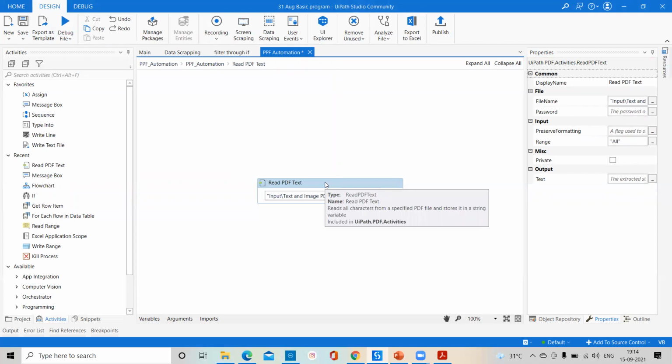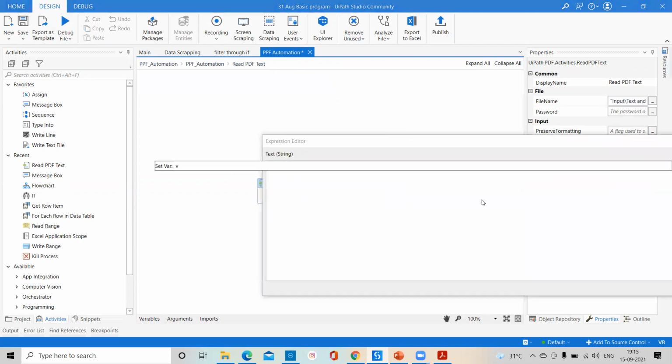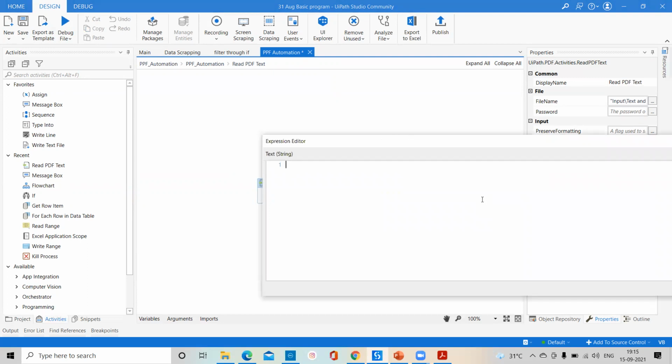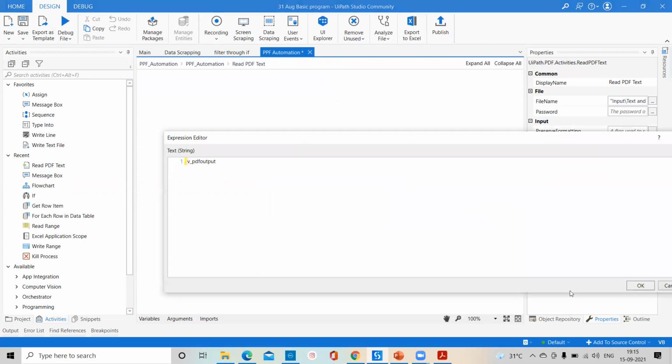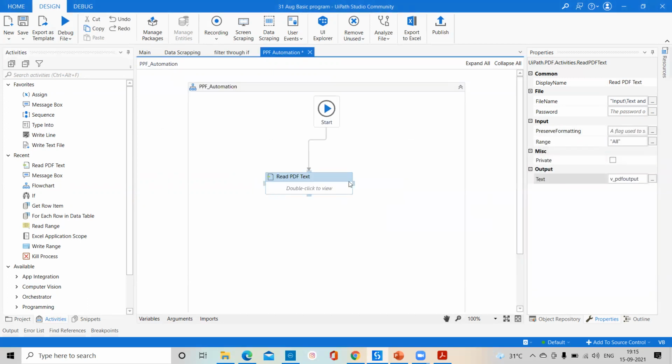Okay. So for launching that PDF, there is another activity that I will tell you, but let me complete this read PDF text. And here we are getting this output. So here we'll create this output variable, Control K, and here we'll pass the PDF output. If you come here, we have already created this variable in the variables panel.